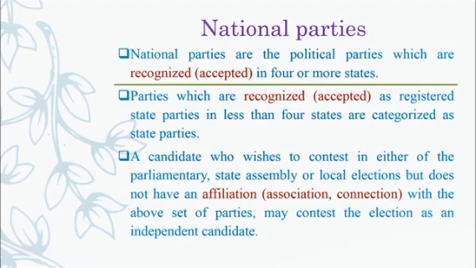So, national parties are the political parties which are recognized, which means accepted, in 4 or more states. Then, parties which are recognized, which means accepted as registered state parties in less than 4 states are